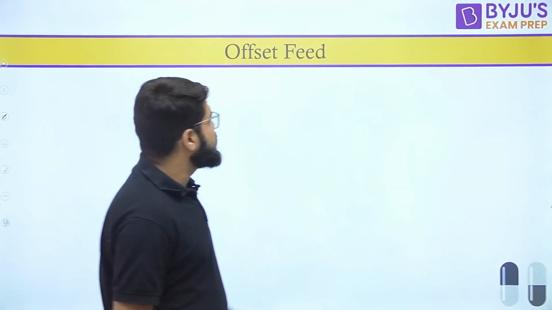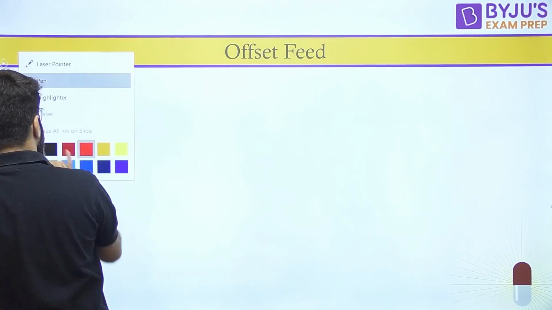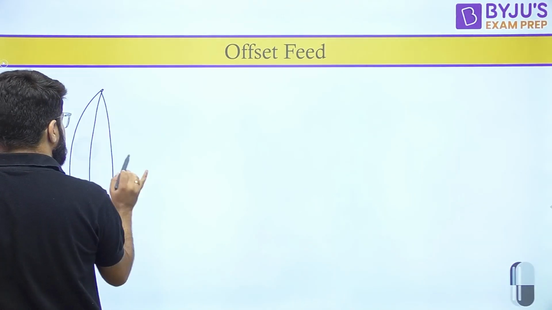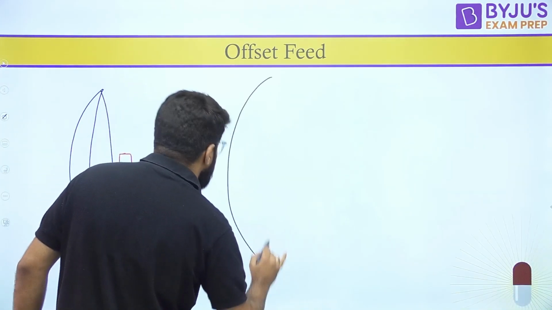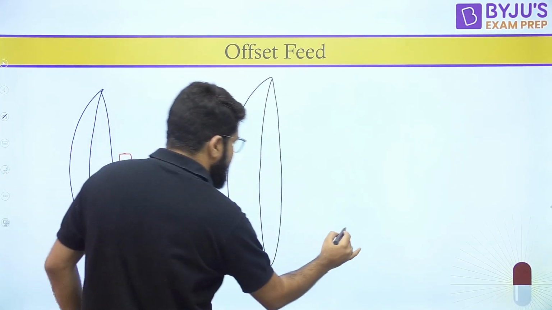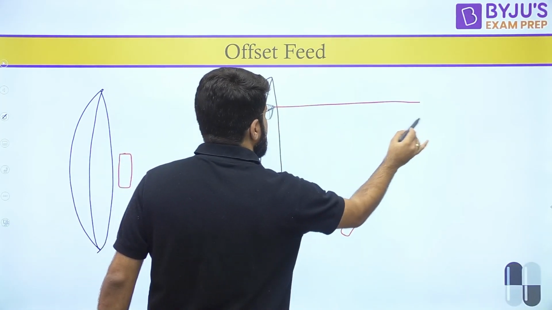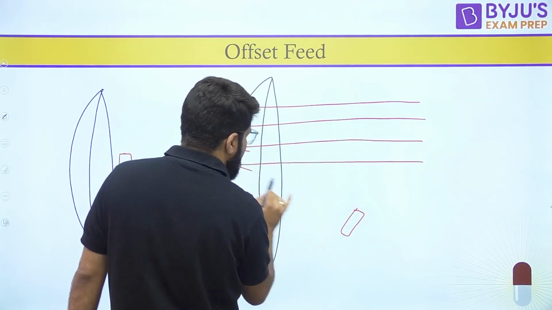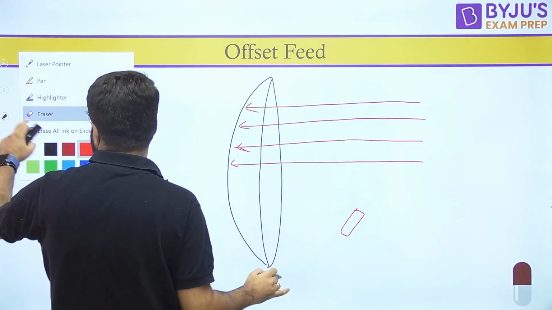Regarding the offset feed, I have already explained why we provide the feed in the offset. Why don't we take the feed at the center? Because if you take the feed exactly at the center, it is going to block a considerable portion of the electromagnetic energy, and that is why commonly we take the feed a little bit on the downside, so that the electromagnetic energy, as I've shown you in the animation also, falls over the maximum area of the reflector, and the role of the reflector is once again to concentrate all that energy